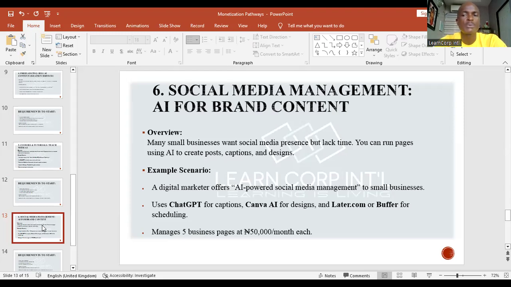So you can go to corporations, you can go to businesses and tell them, hey, I will run your social media content management. So you'll be their consultant. You come in, okay, this is what you're doing. You take pictures, you interview, you have what they want, you put it in a script, you generate it on ChatGPT, you put the pictures, you get voiceovers, and you put it all together and put it out there. You build the channels for them.